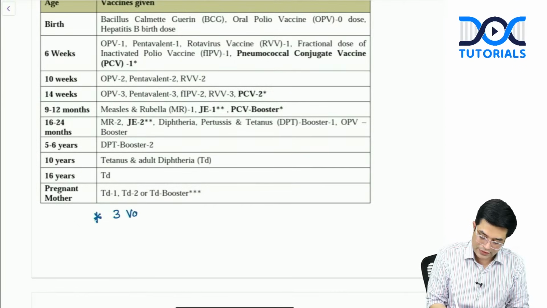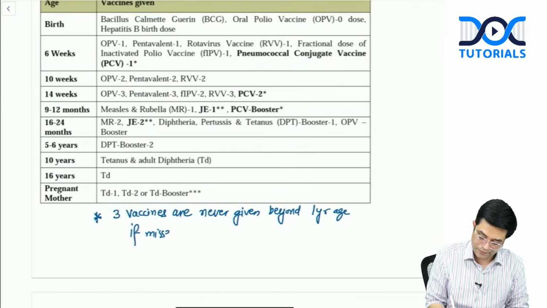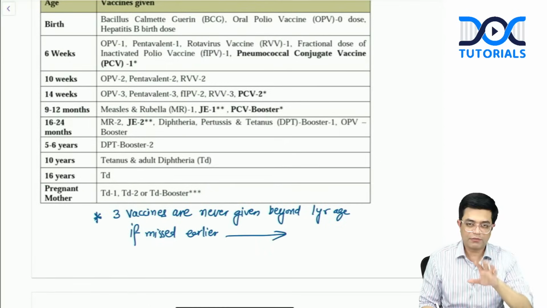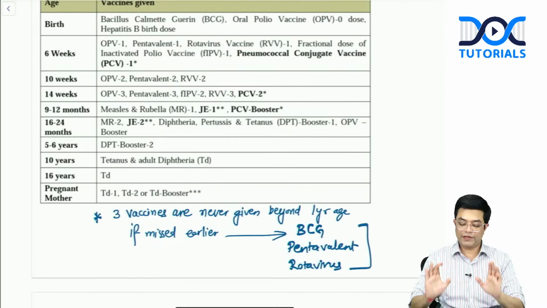3 vaccines are never given beyond 1 year of age if missed earlier. अगर पहले मिस हो गया तो दोबारा नहीं देना, फिर 1 year के बाद नहीं देना है. BCG, पेंटावेलेंट एंड रोटावायरस। पेंटावेलेंट की जगह आप डीपीटी दे सकते हैं, बट बीसीजी पेंटावेलेंट रोटावायरस नहीं देना है।